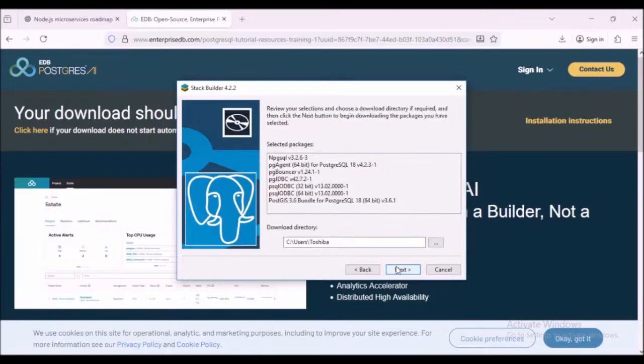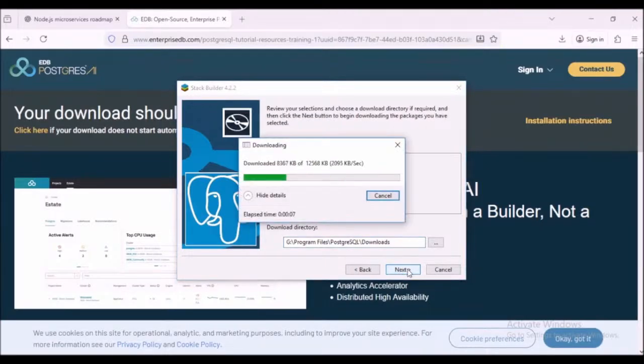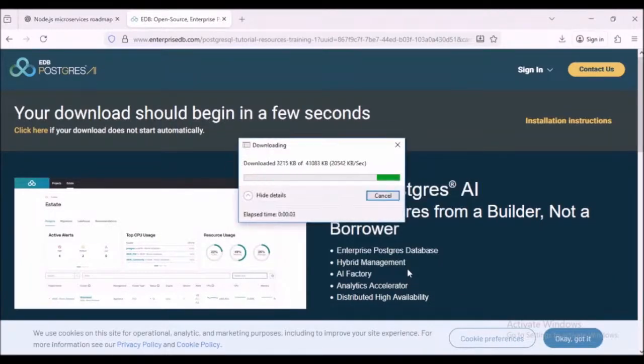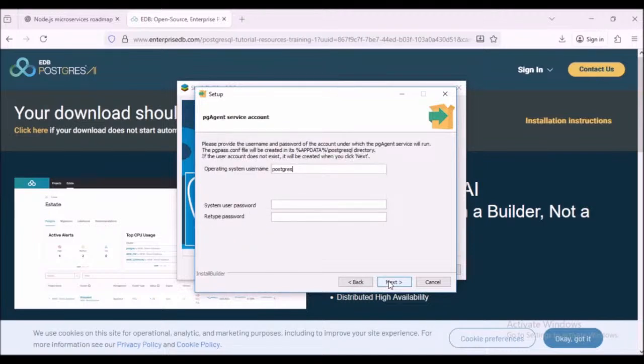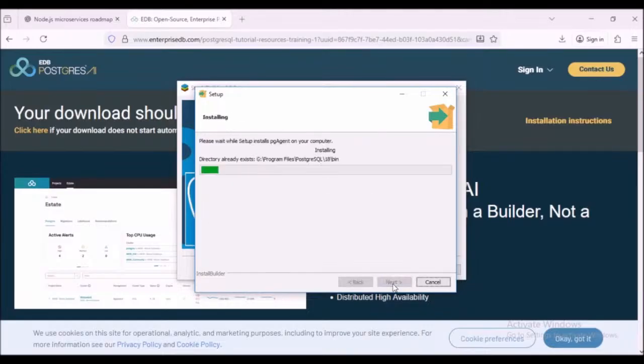Even if you don't need any of them, you may skip and your PostgreSQL will work fine. Now viewers, for additional drivers installation, setup may again ask you for the PostgreSQL hostname, username, password and port. So set it as previously. Now setup will ask for the Windows Administrator password. Provide it. And after installing all additional components,